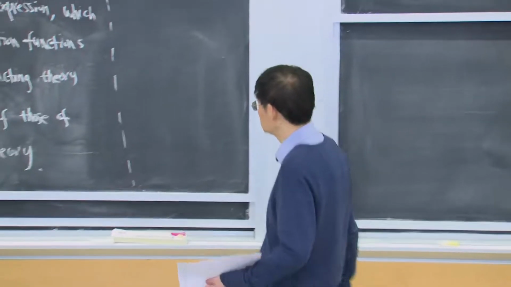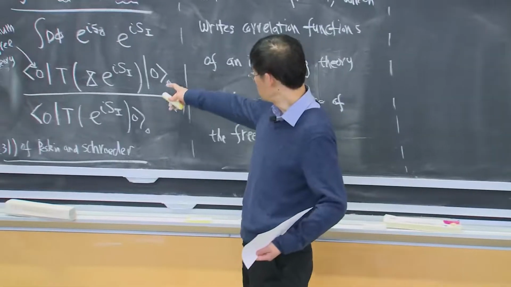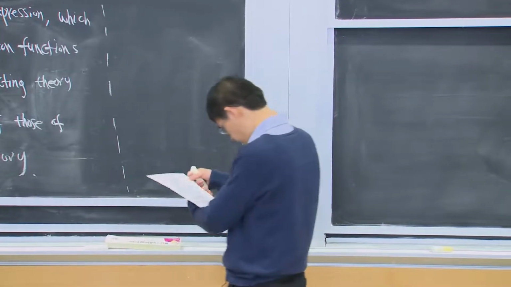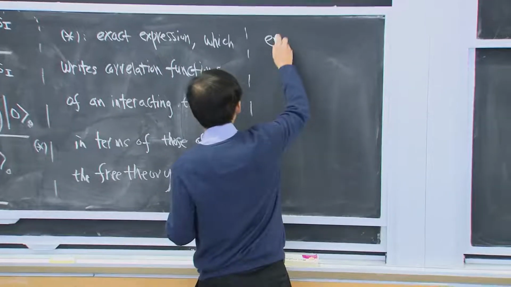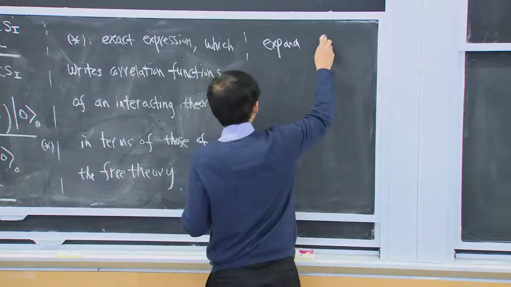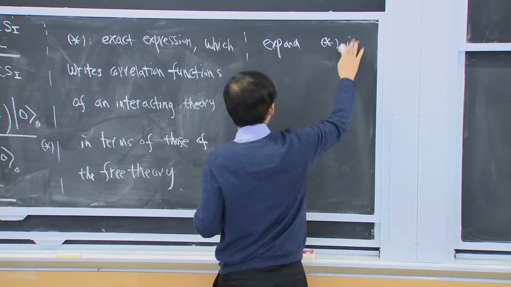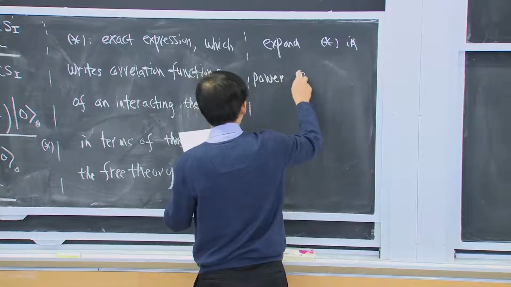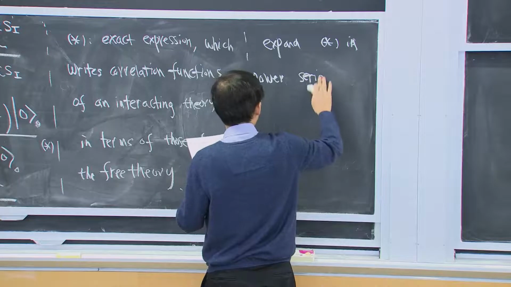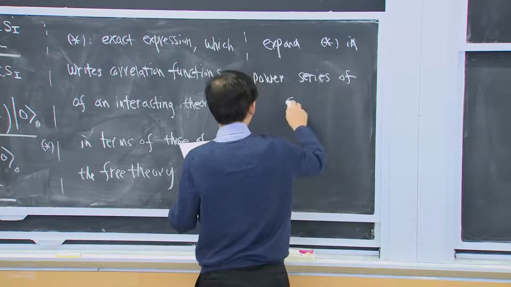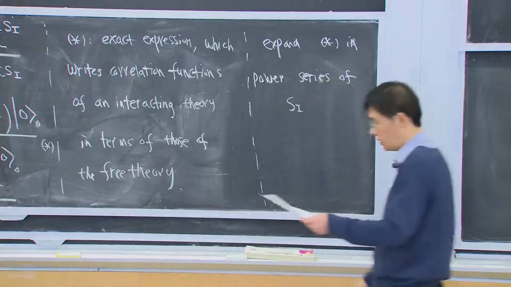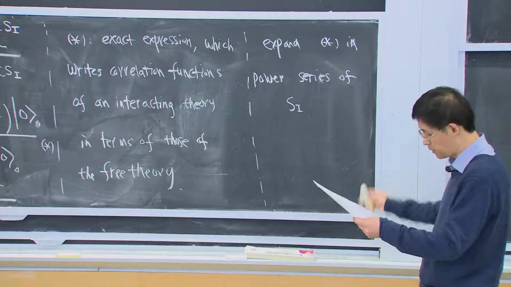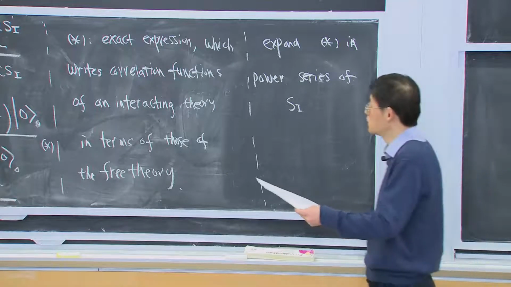And now we will evaluate this using perturbation theory. So we will expand e to the power iS_I in power series of S_I. We treat S_I as small and just expand it in power series. So more explicitly,